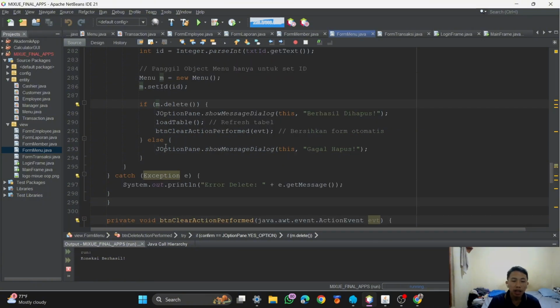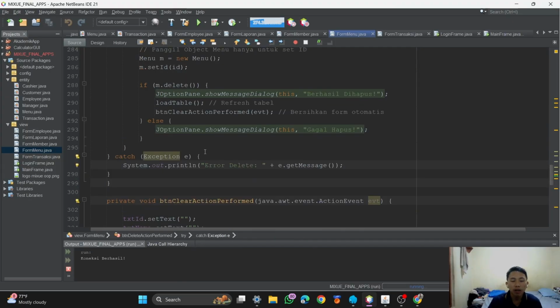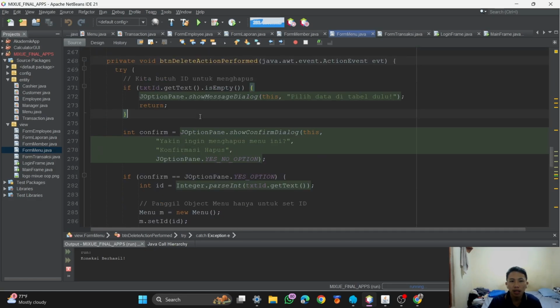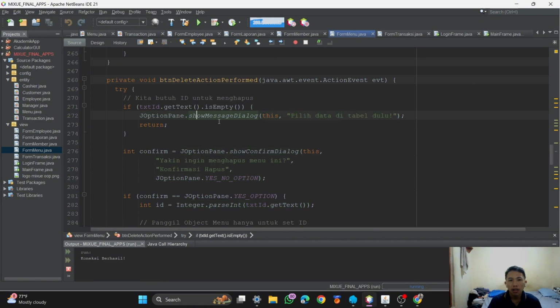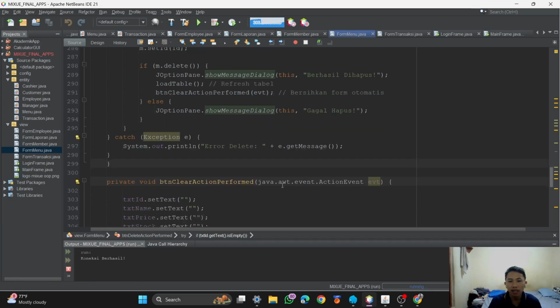But if we cannot delete the data, it will show 'gagal hapus'. Okay, this is the error exception if not in the if else option, so it will show the message error delete and the message text.